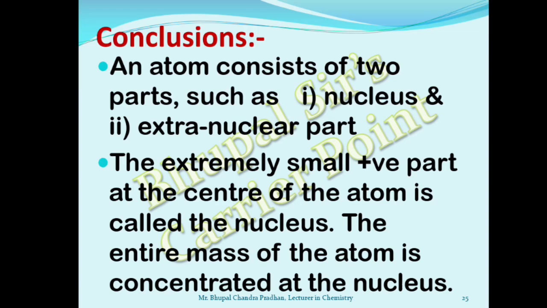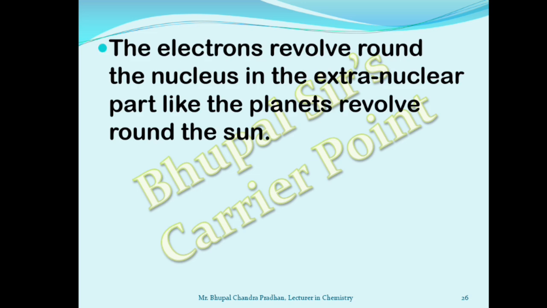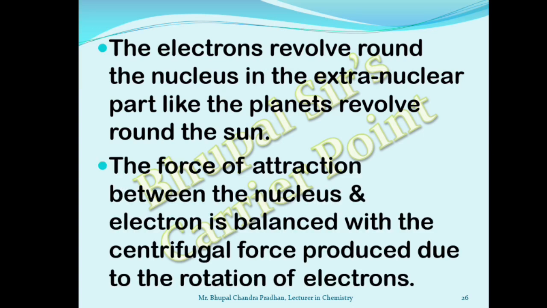The entire mass of the atom is concentrated at the nucleus, and the electrons revolve around the nucleus in the extranuclear part, like the planets revolve around the sun. The force of attraction between the nucleus and the electron is balanced with the centrifugal force produced due to the